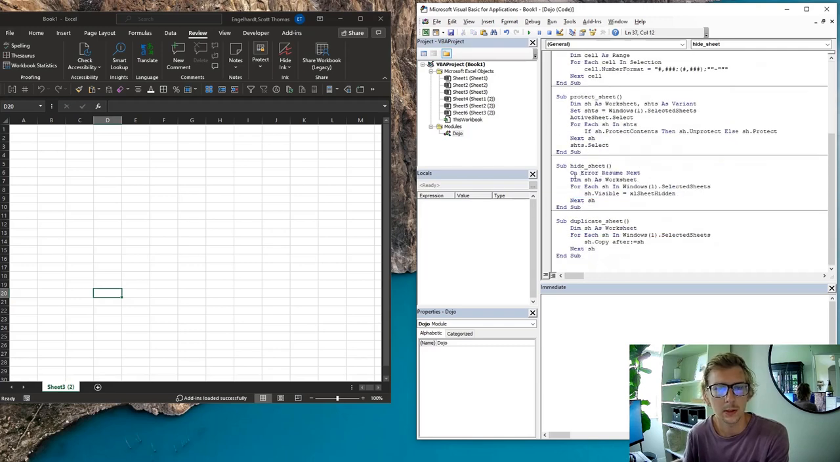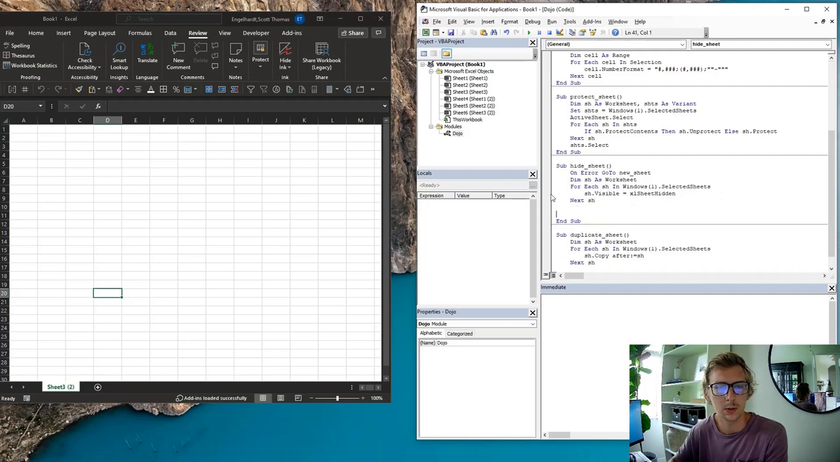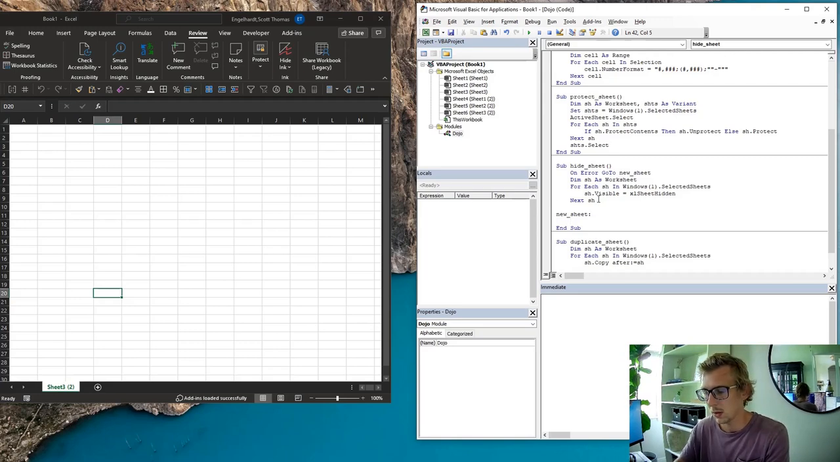What you could also do is use a GoTo statement. So you could use On Error GoTo, maybe what we want to do is add a new sheet and hide the sheet that we had selected. So we could just call this NewSheet. So basically what we'll do is if it hits an error, we'll go to this NewSheet portion of the code, and what we'll do is we'll do a